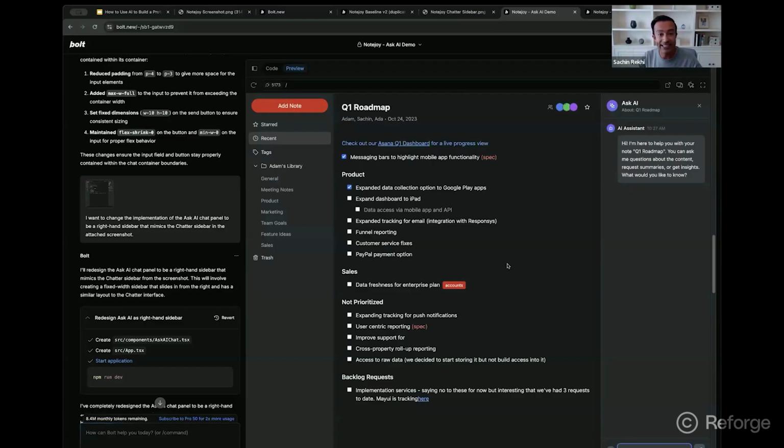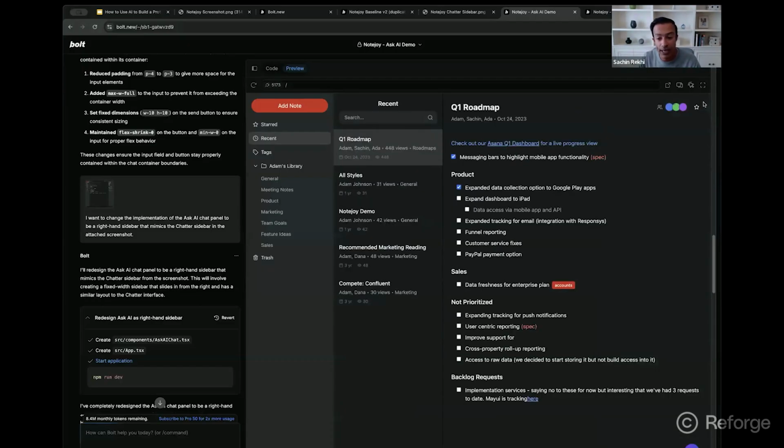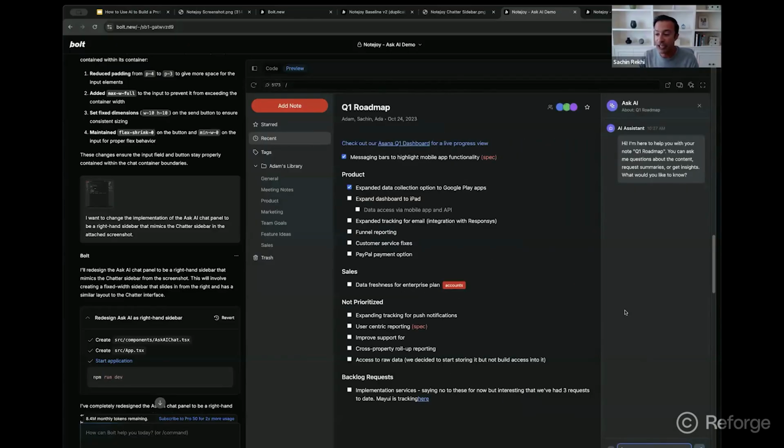So I hope you've gotten a sense now of how you can use tools like Bolt to start to prototype features in your actual product and get a sense of what that experience is going to be. A, without the work of having to spend a lot of effort with a designer to go mock this stuff up, but B, also getting into the interactions and what that interactivity will look like to see if that feels like a natural experience within the product.